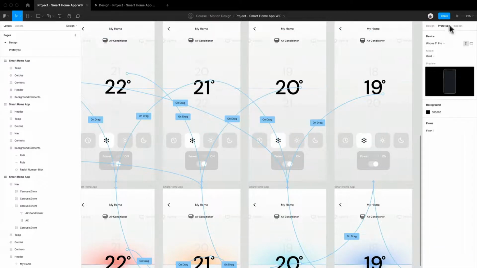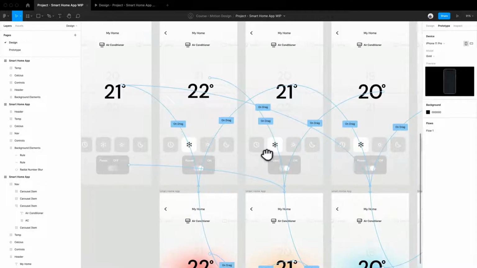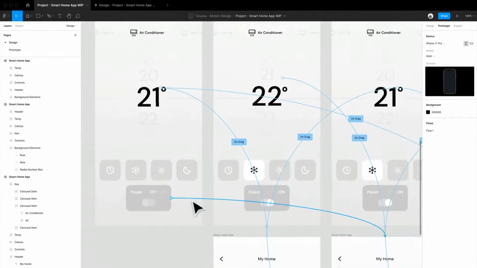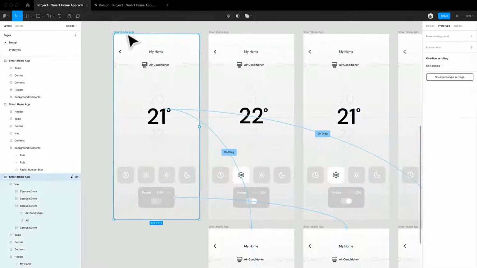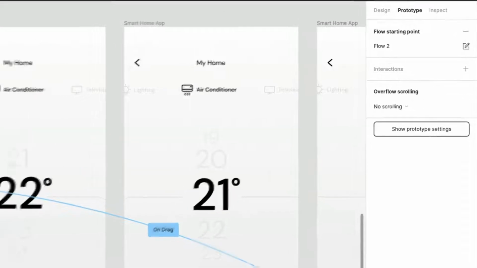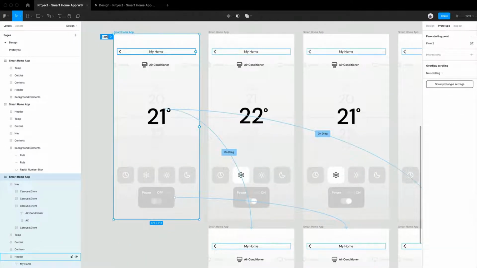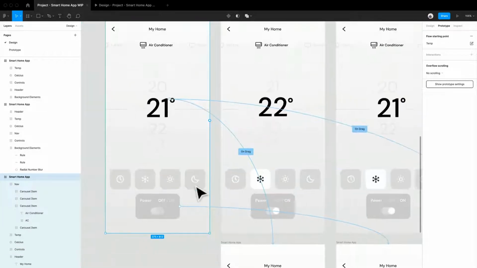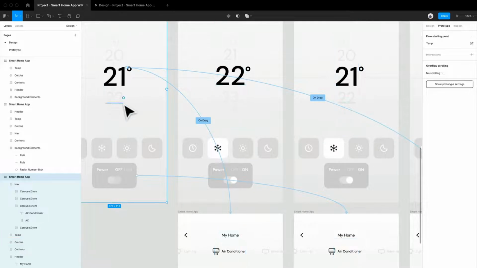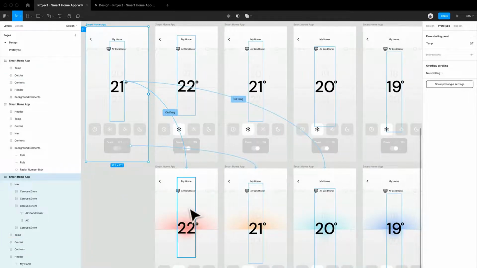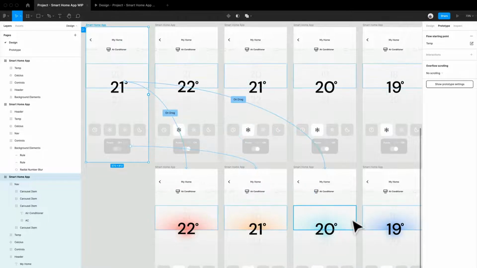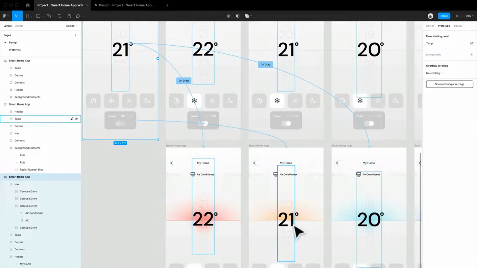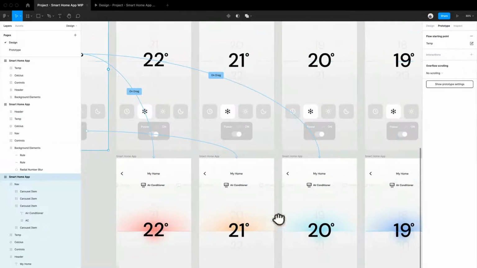First, let's look at the prototype. So here we have a lot of different things happening. We have the on button. So we can start from this frame. We'll create a starting point, and we'll just call it temp. And from here, if you swipe, it'll automatically turn on. So 21 to 22, or 21 to swiping to 20. And you can turn it on by the toggle and it'll turn it on here. And from here, what's going to happen is